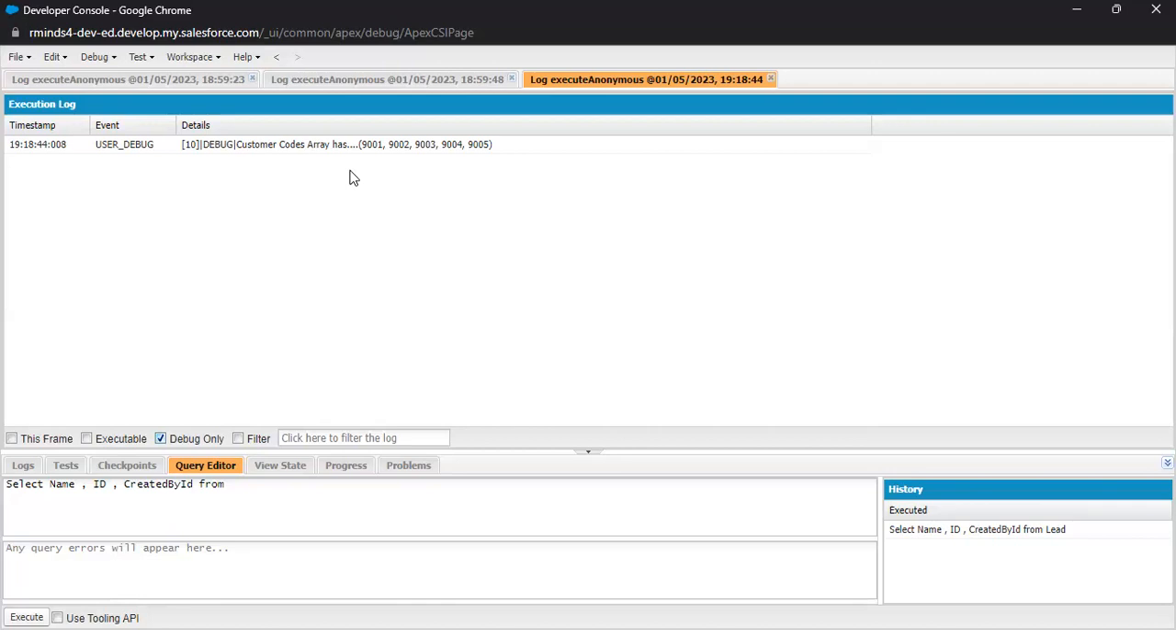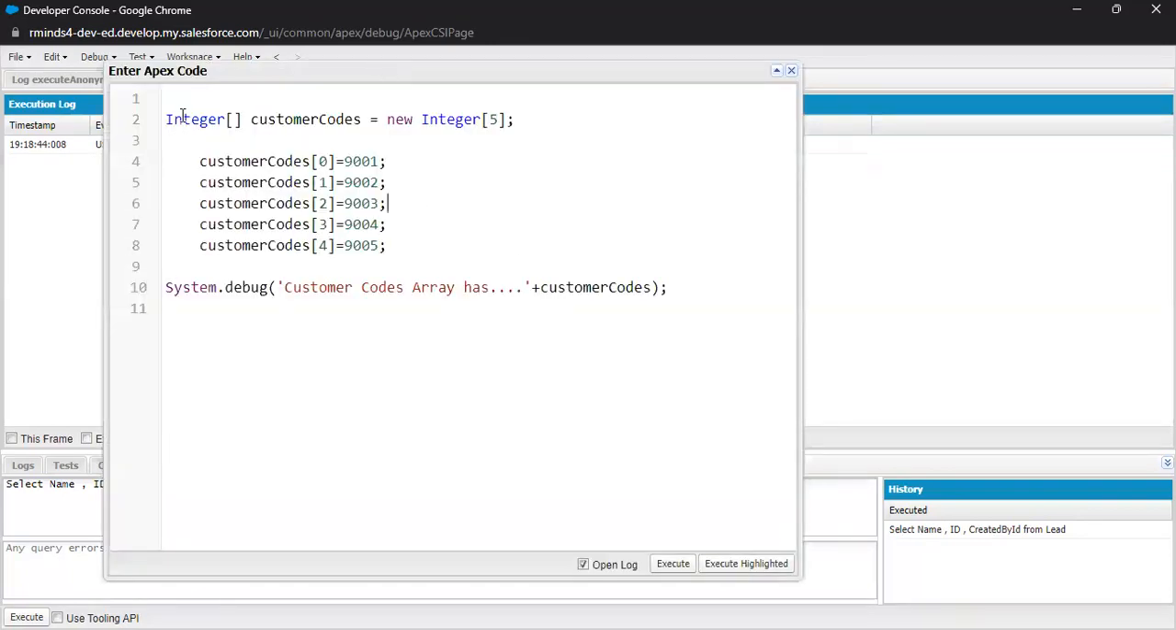It is equal to new of data type, square brackets, and you will have to define the size, right? So this is how it works. Integer square brackets customerCodes is equal to new of integer 5. Okay, so this is how we can do it, but if we want to display the elements in separate lines,